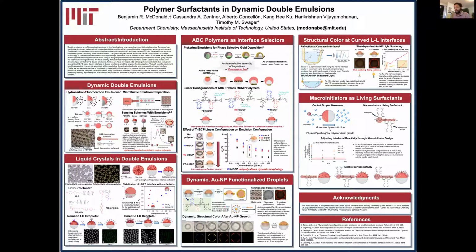You can see that these are indeed dynamic because this is a live video in regular speed. You can see it repeats a few times over the course of this presentation, but by adding a surfactant, it causes this whole scale change in morphology. In this case, we've added a fluorocarbon-favoring surfactant that's causing what we call the Janus, or these half and half two-phase droplets, to switch into this capsule